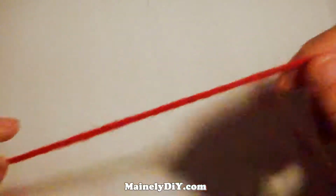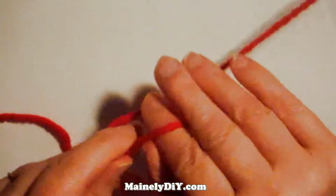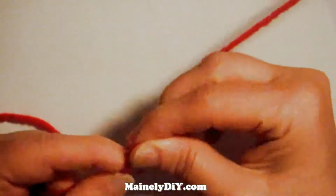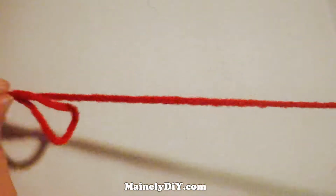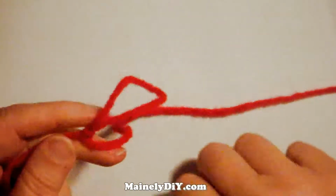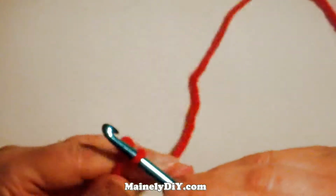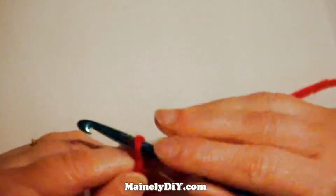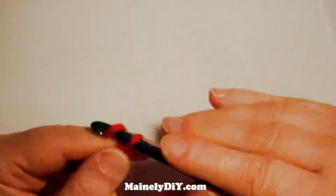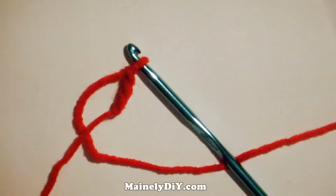So I am going to leave a tail to work with, and I am putting the yarn on my hook with a slip knot. Let's move my yarn around so I can get to it. There we go. Okay, so I'm putting the yarn on the hook with a slip knot, and I'm going to be doing double crochets, so I'm going to chain 1, 2, 3, which equals 3 chains equals 1 double